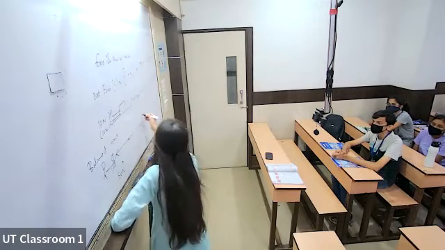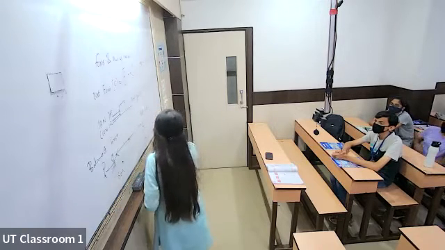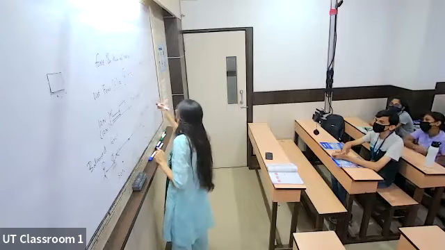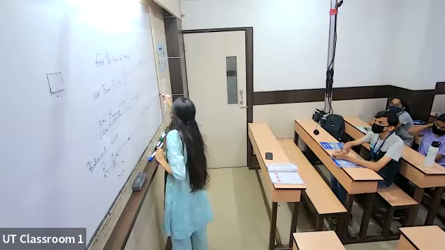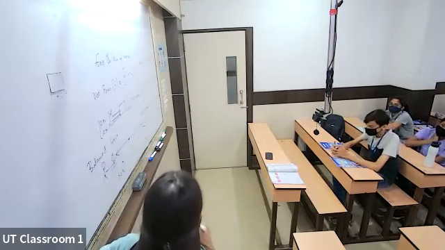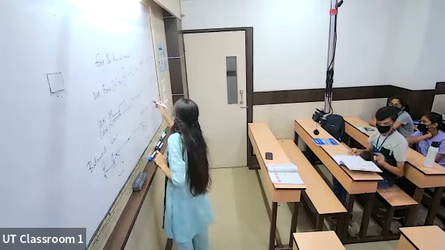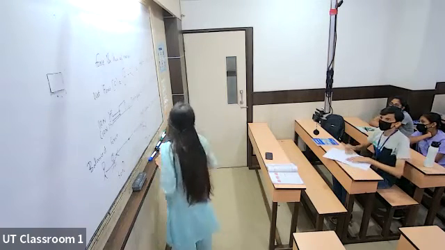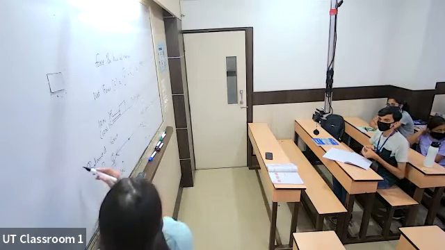So net force is how much? Let's say this is 70 and this is 50. So 70 minus 50, which is equal to 20 Newton. Okay, so 20 Newton of force is acting, or if you write properly in terms of algebraic sum, it will be 70 plus minus 50, which will be 20 Newton. Okay, and in this case, we see that